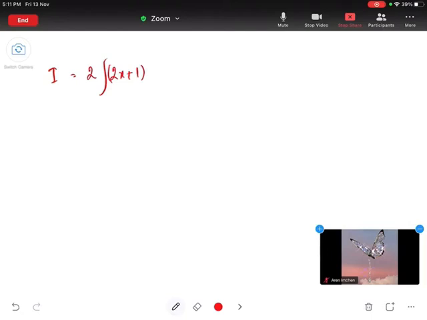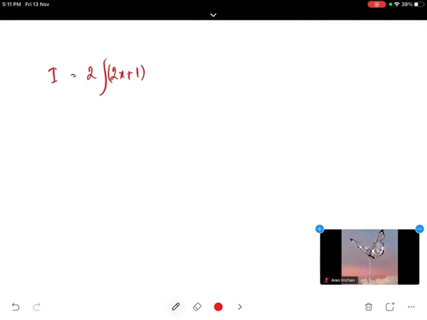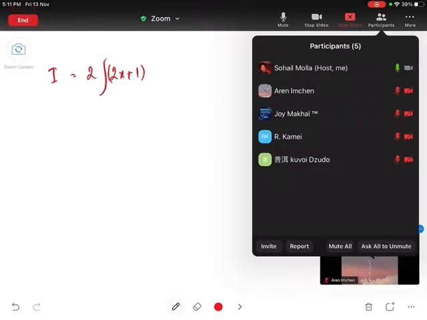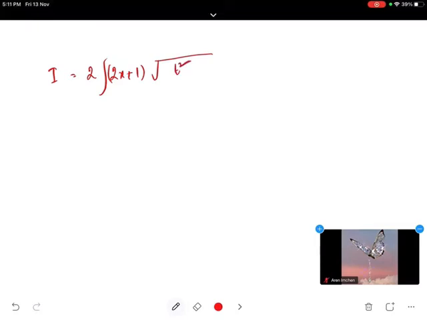Substituting 4x, that x square plus x plus 1 is equal to t square, I will write 4x plus 2. From 4x plus 2 I will take 2 common, and I will write this as 2 into 2x plus 1. Okay, so then what we have is root over t square. Then dx was replaced by what?